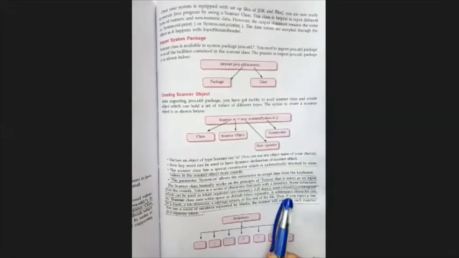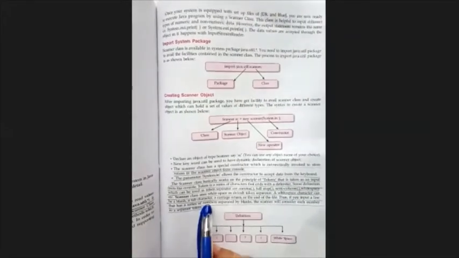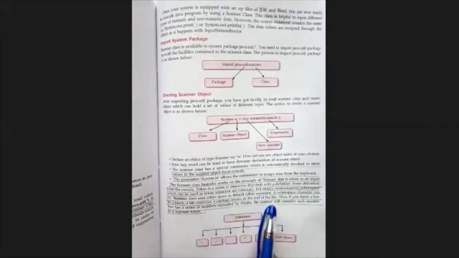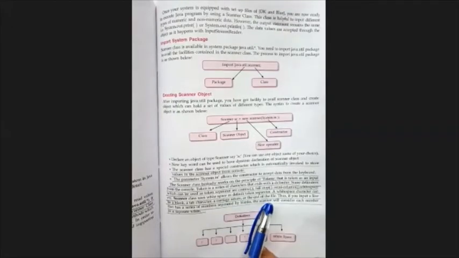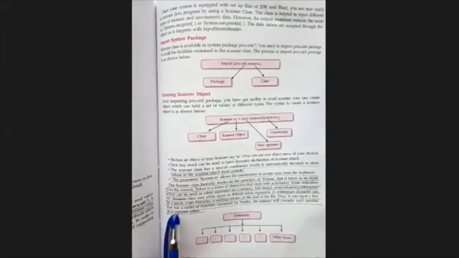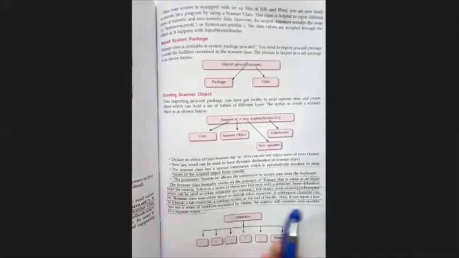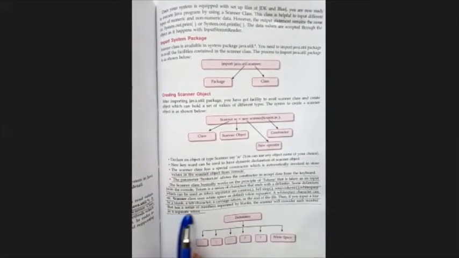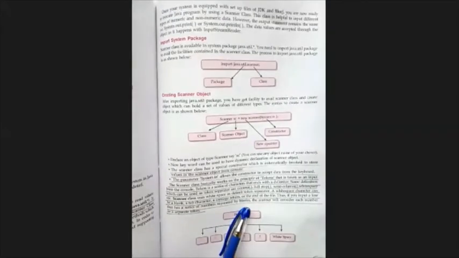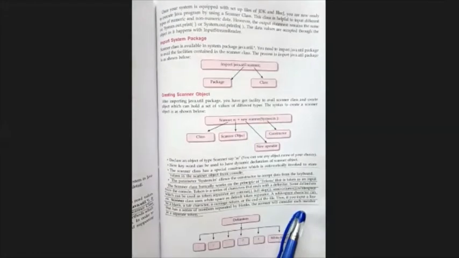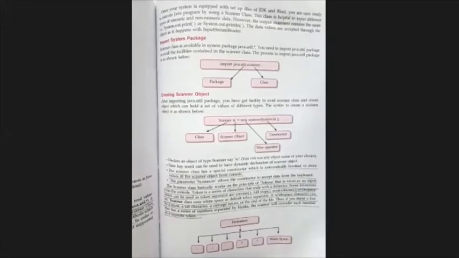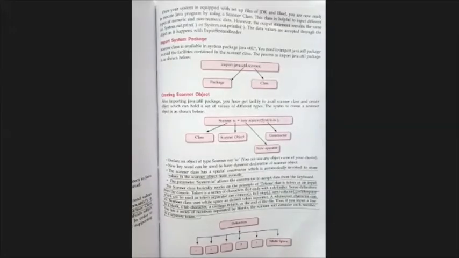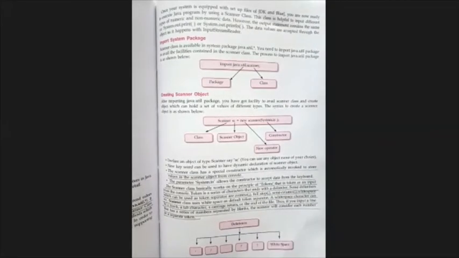A white space character can be a blank, a tab character, a carriage return, or the end of the file. These are all known as white spaces. We usually use a blank as a white space. Thus, if you input a line that has a series of numbers separated by blanks, the Scanner will consider each number as a separate token. If you have a series of words separated by spaces, it will consider one word to be a token. Understood?